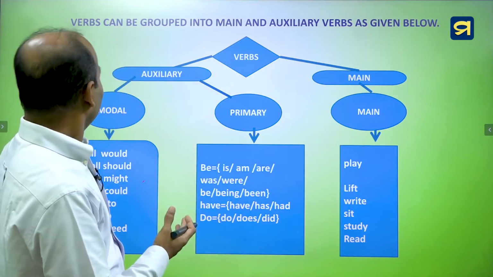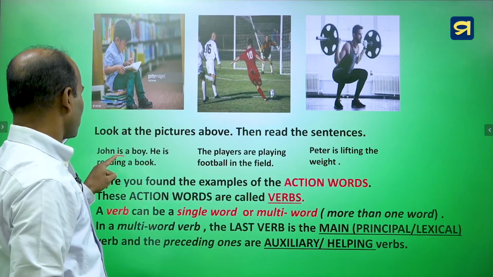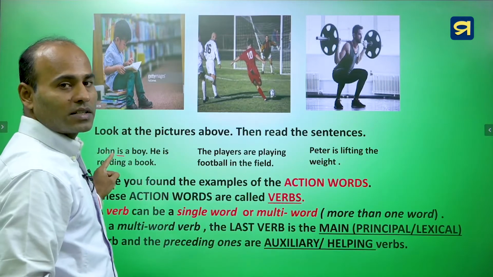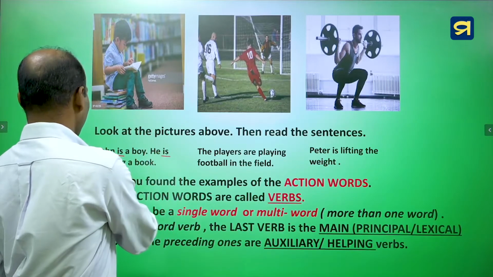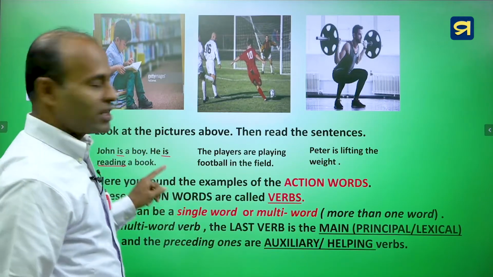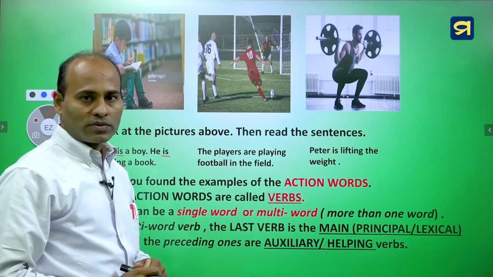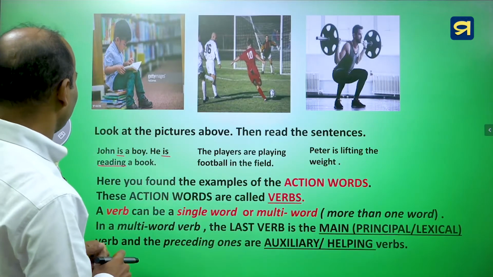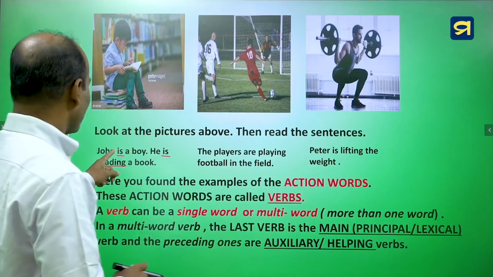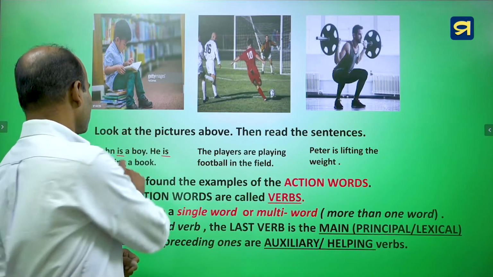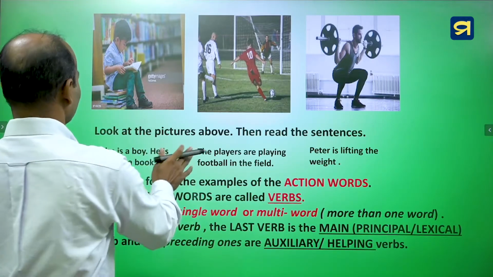as you saw beforehand, is here in this sentence, is the verb. It is in its own stand. And in the second sentence, he is reading a book. Is reading. The same word is used in the first sentence and in the second sentence also. So what is the difference? The difference is, in the first sentence, John is a boy. Is used as the main verb, and in the second sentence, is reading, is acts as the auxiliary verb. Okay? So,